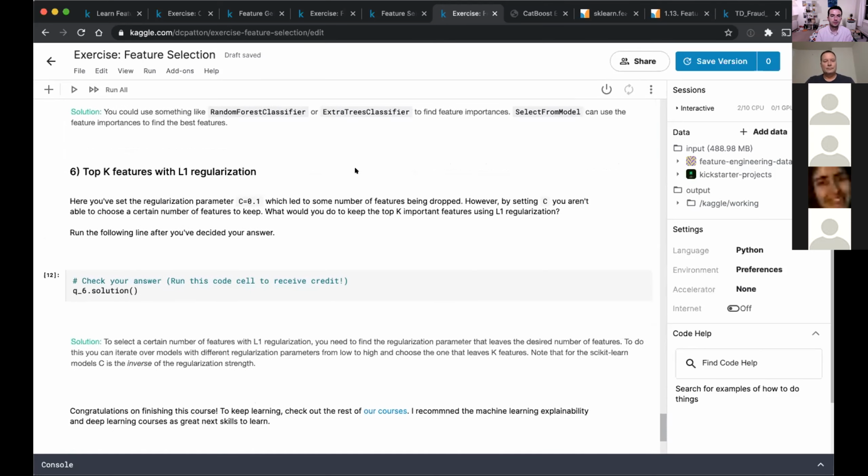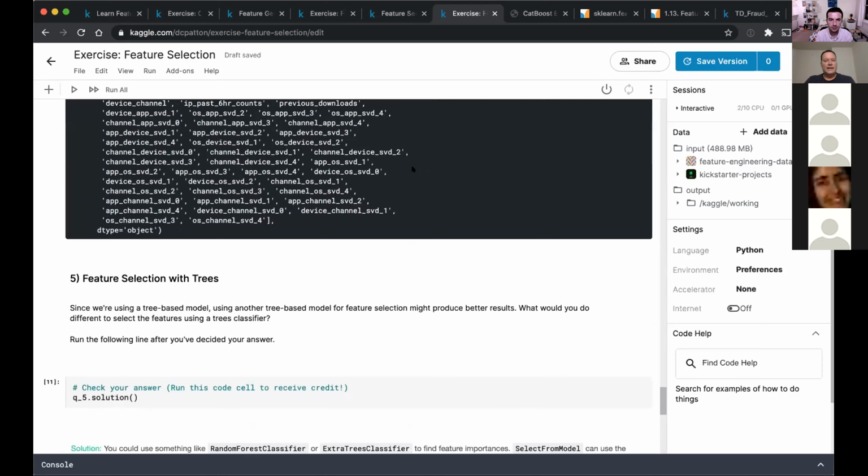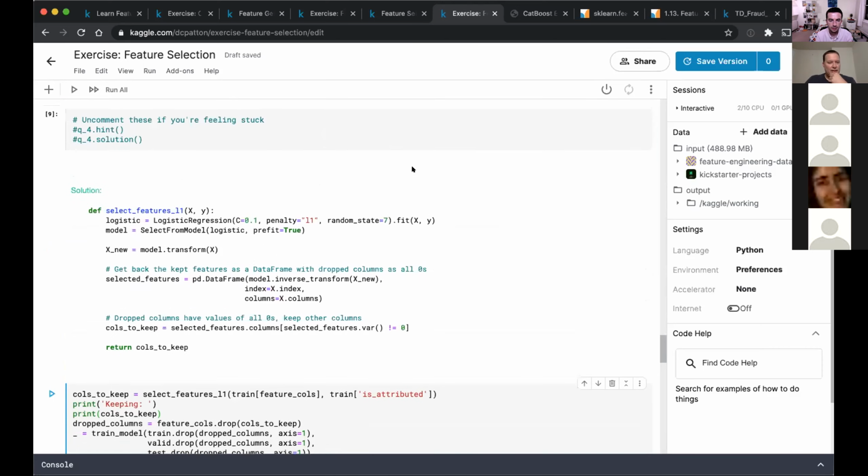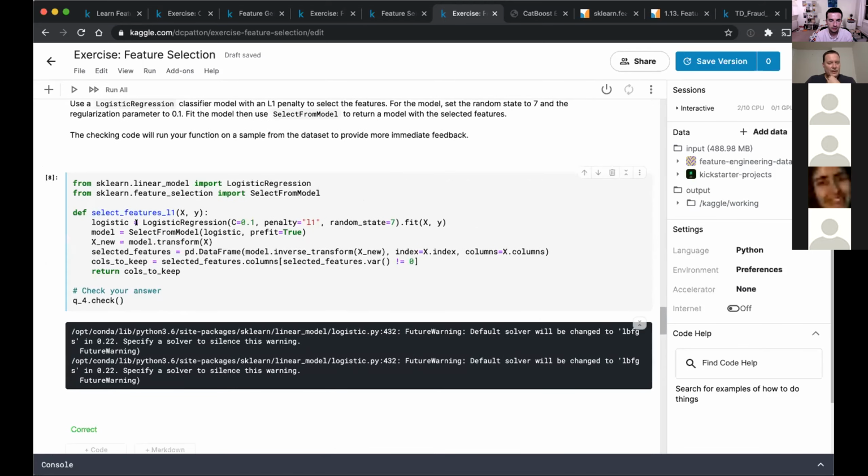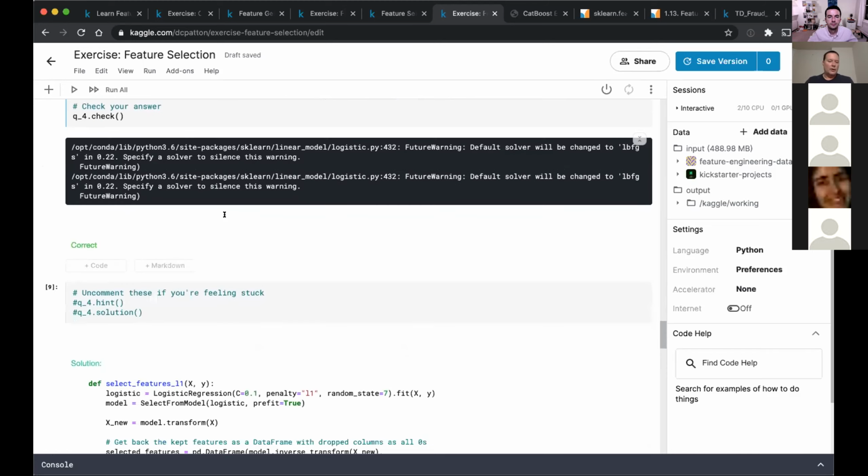So the way you do that is run random forest and pick the most important features? Yeah, so back here where we did the SelectFromModel, we put in the model that we're using to do that with. In this case, it's logistic regression, but we could have done this with a random forest classifier, or they mentioned another one,